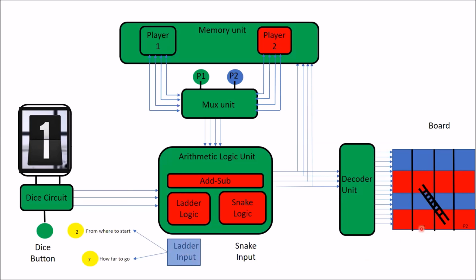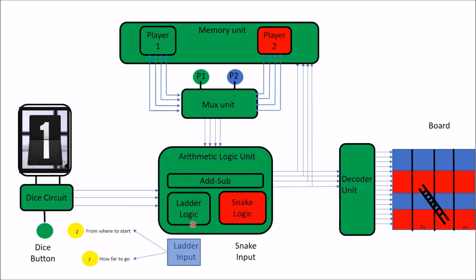Now, in that particular state where my player 1 will have a ladder, it is in position 1, it is getting a 1, so it will update and go there. How will it go there? At the very beginning, this ladder logic block will actuate, because once it goes to that position, the ladder logic block will add another 7, and the add block will also actuate. Typically the add-sub block, the adder circuit, is enough to design one after one after one.